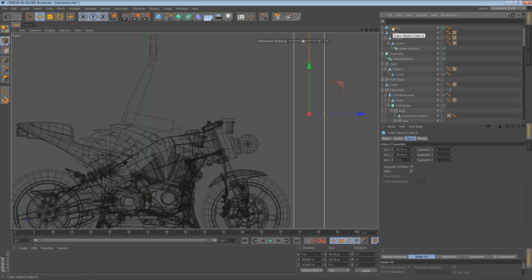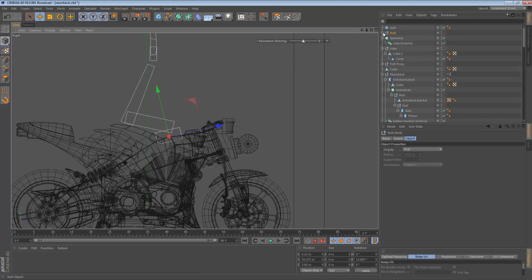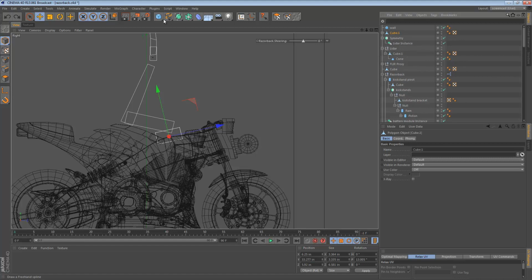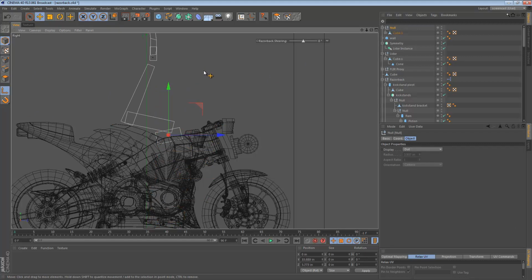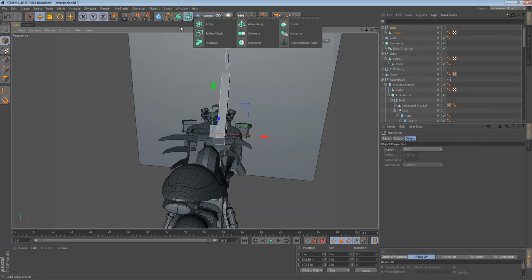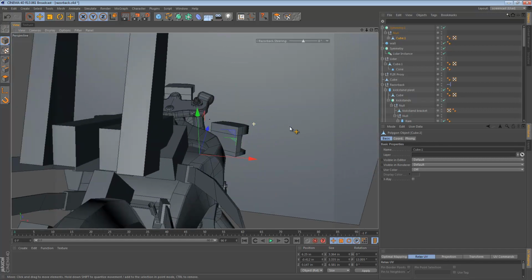So now that we have all these proxies, we have a wall, and we have the cubes here. I'm just going to group these cubes into a hierarchy like I love to do. Actually, I'm not going to group them into a hierarchy. I'm just going to create a new null object and then drag them into that. That way, the null object is at the world center. So we just put our null there. And I think if you hold Alt and choose symmetry, it creates it as a child, which is a nice shortcut. So we can then take our cube